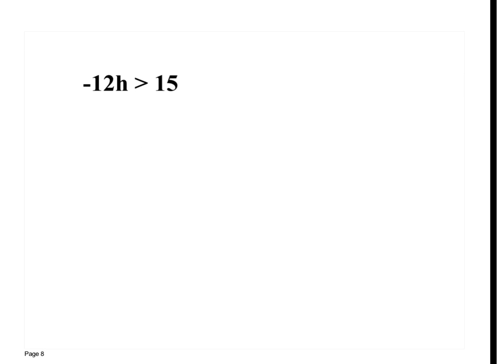Write this one down. Negative 12h is greater than 15. I have to divide by negative 12. Since I'm dividing by a negative number, I have to change my sign. And then negative 15 over 12, I can just reduce as much as possible. By taking 3 out, I get negative